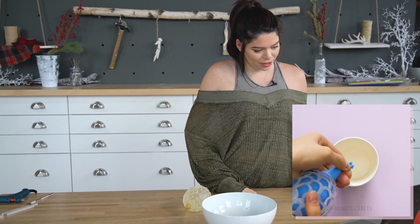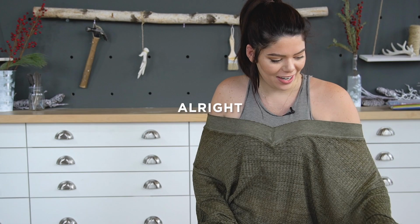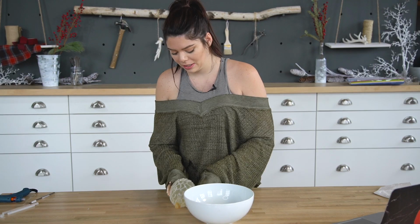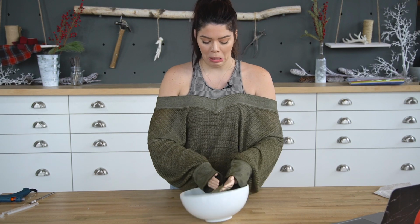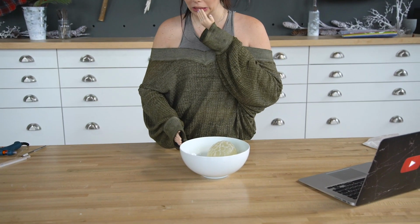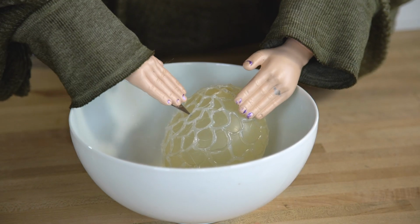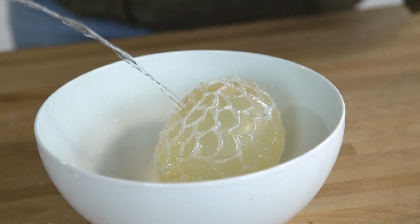Okay, we cut in the balloon. We're taking the balloon out. All right, I got a bowl here because I don't want water everywhere. Little balloon egg. Okay, X-Acto knife in hand, and let's do this. Okay. Ew. It's